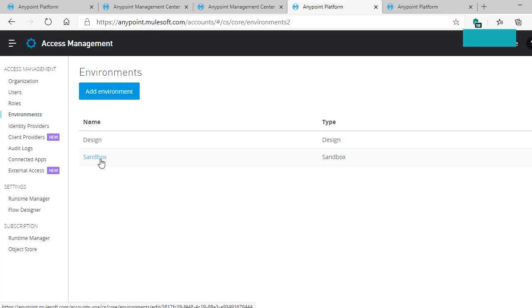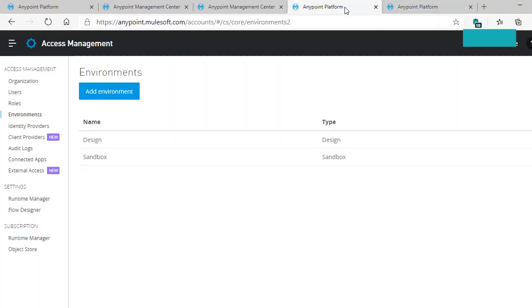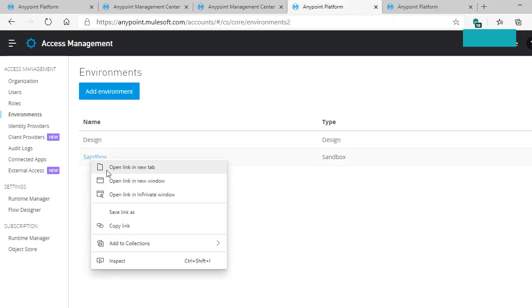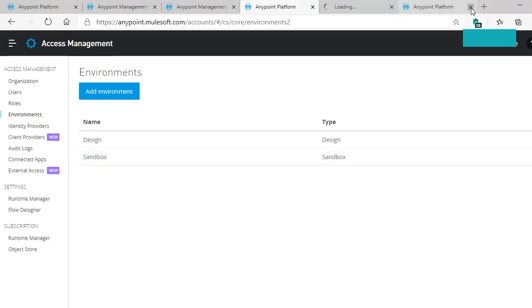So you need to just right click and open it in a new tab. If you hover the cursor here, it will show that environment ID below, but we cannot capture that from here, so I just opened it in a new window. Here you can copy this value. This is the environment ID.